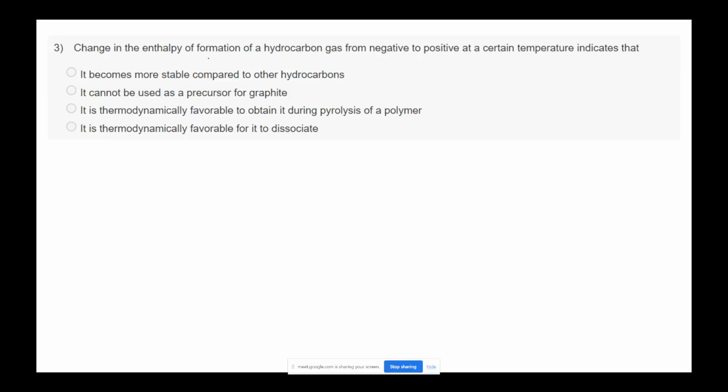So the first term here is the change in enthalpy. You should know what the change in enthalpy of formation of a hydrocarbon is. Here it is asking mainly from negative to